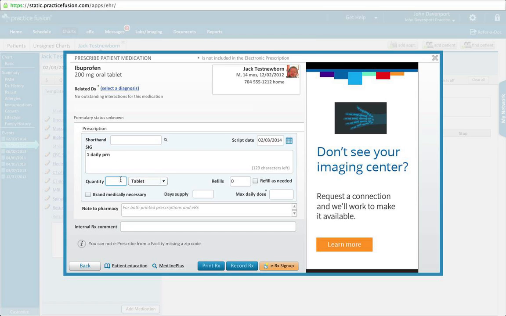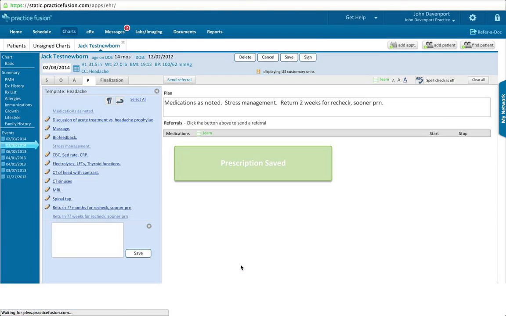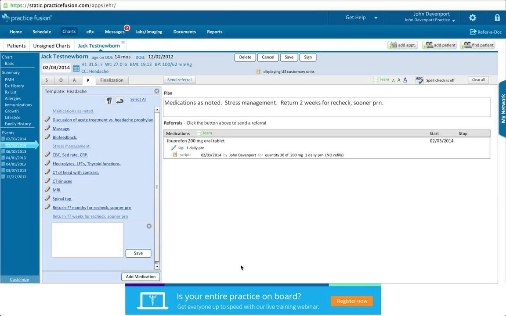I will give him 30 of those and no refills. At that point, my prescription is complete, and I will record it, and it now appears at the bottom of my plan. At this point, you save the chart,